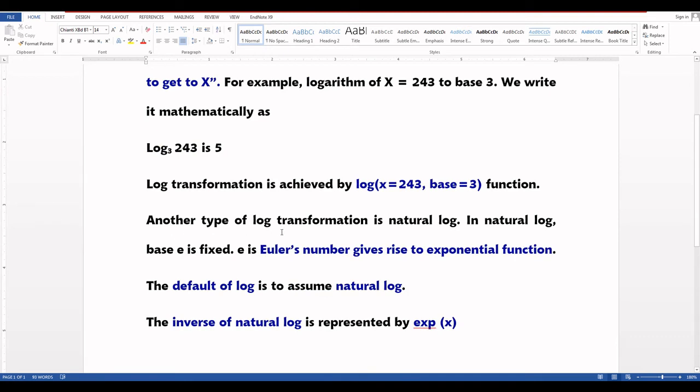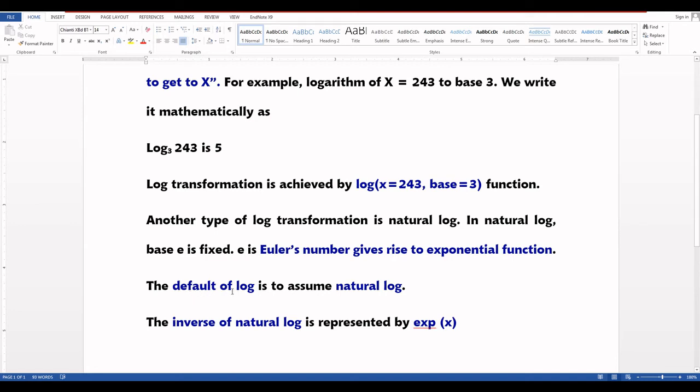Another type of log transformation is natural log. In natural log, the base is fixed with e. E is Euler's number, which gives rise to the exponential function. The default of log is assumed to be natural log.